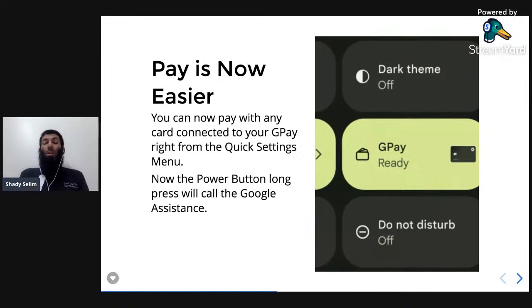Actually, it was for some time linked with your power button. If you click the power button for 3 seconds, it should open up Google Pay. But now it's not. It's now, with Android 12, actually assigned to Google Assistant. And of course, as an Android developer, you can select different apps that can work with the three button